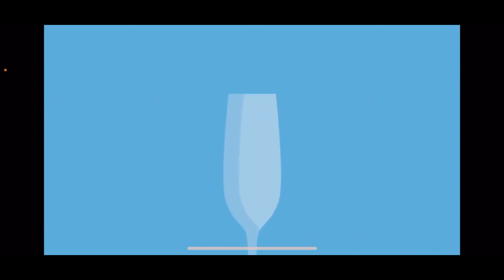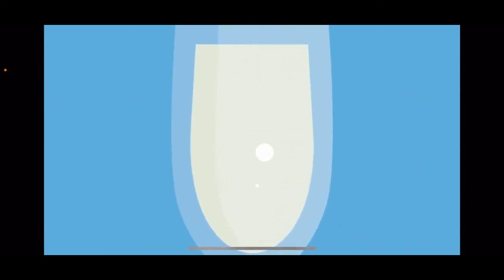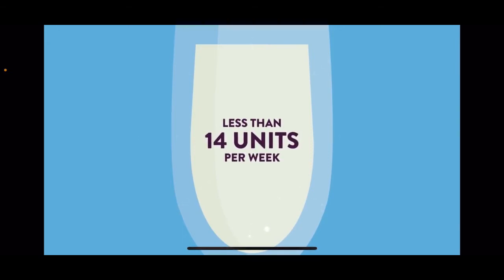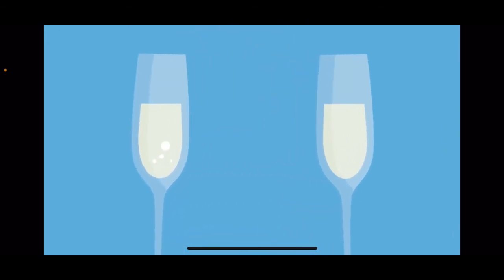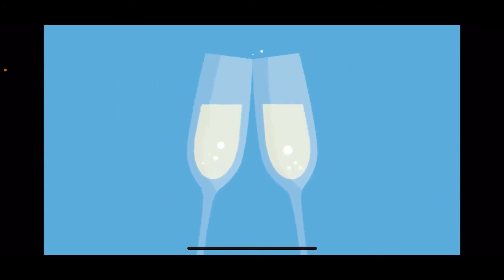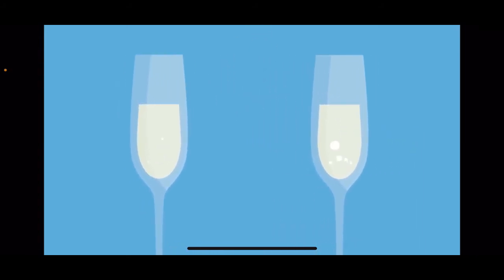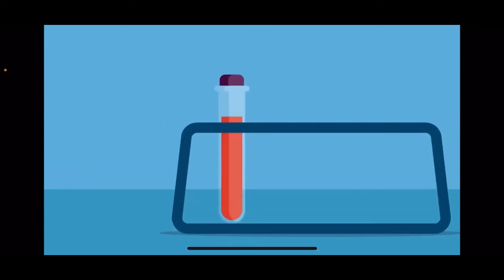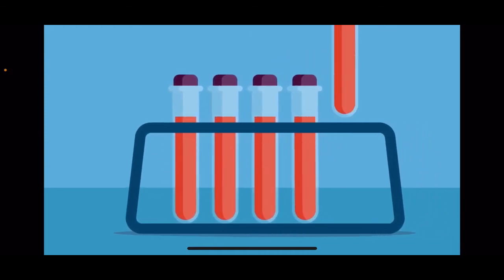As to methotrexate and alcohol, a recent study has shown moderate alcohol consumption of less than 14 units a week shouldn't have an adverse effect on your liver. That means you can continue to enjoy the odd drink while on methotrexate. Just ensure your doctor continues to monitor your bloods regularly.